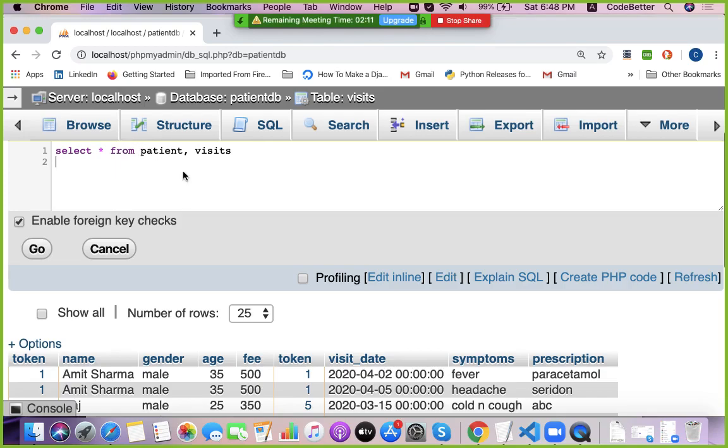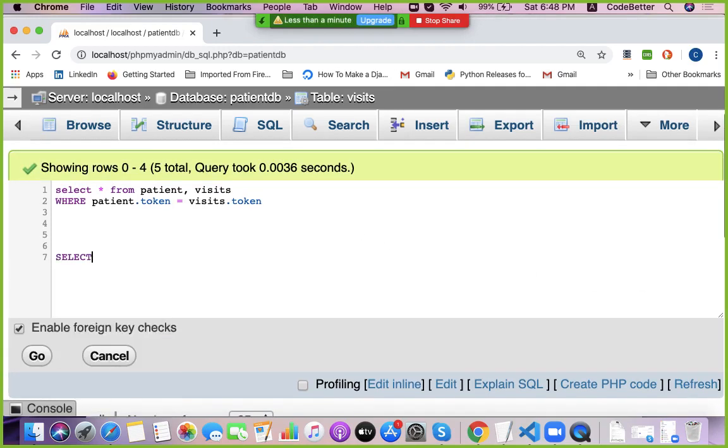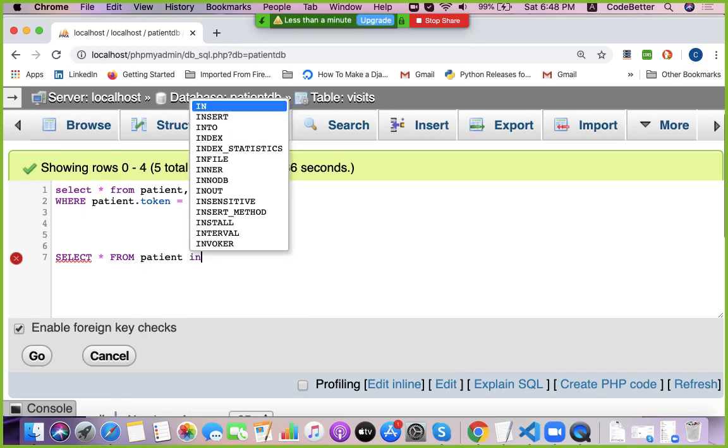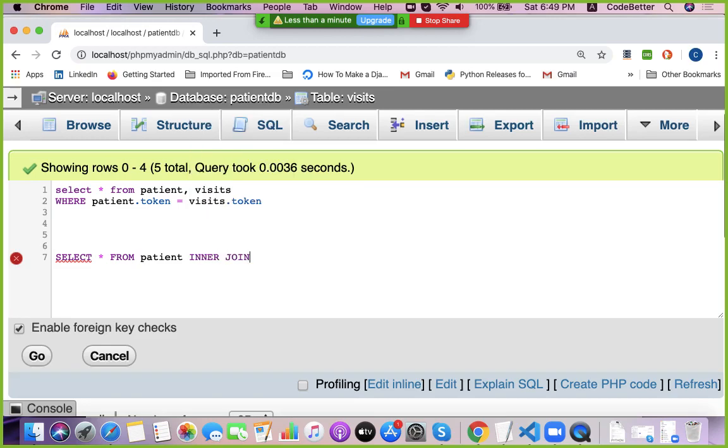So instead of select star from patient comma visits, I can write select star from patient inner join visits on patient dot token equal to visits dot token.